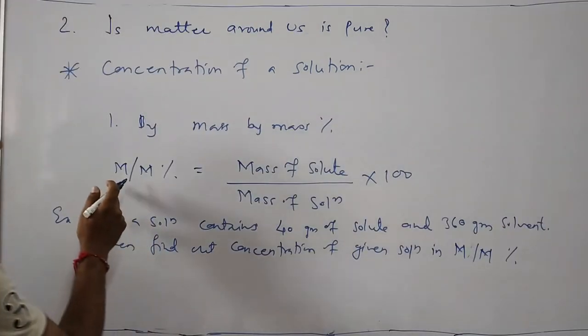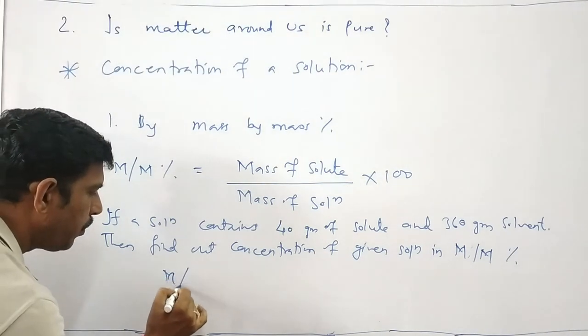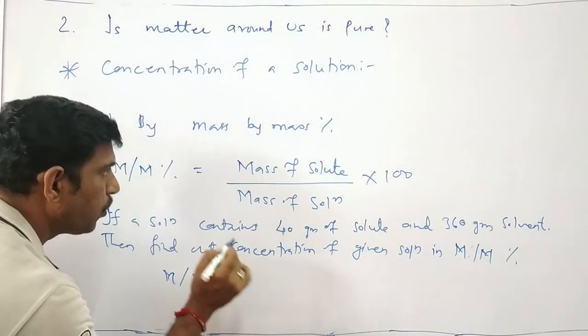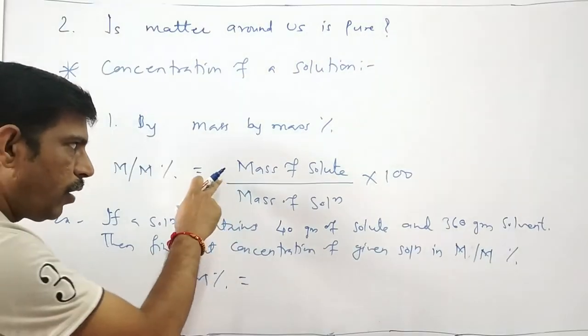So our formula, mass by mass percent is equal to, you have to write the formula first, then